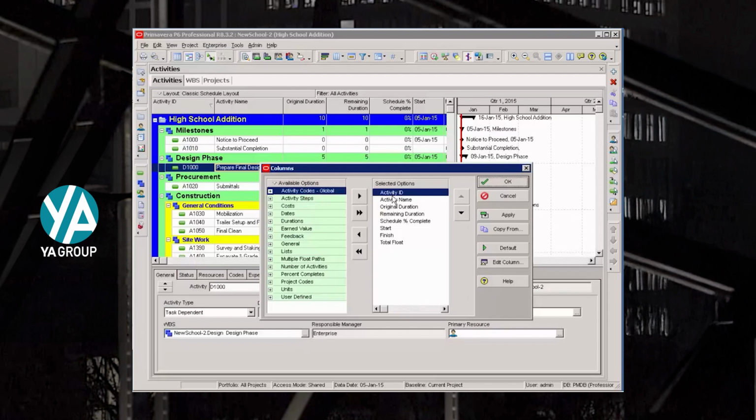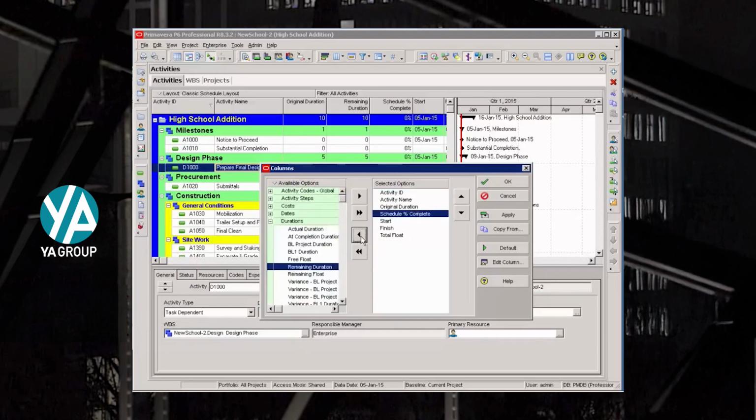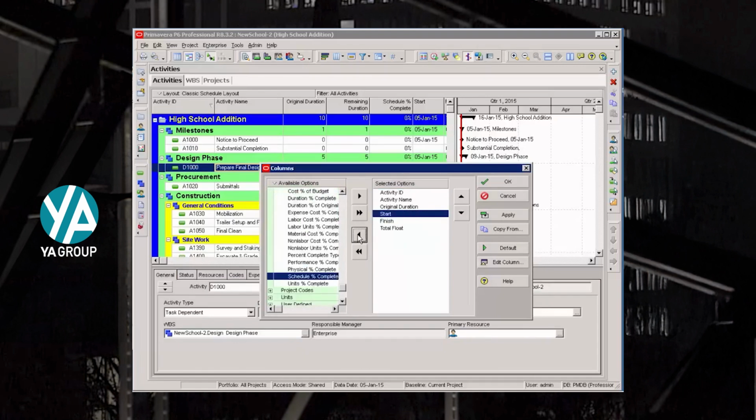I really don't need remaining duration, so I'll move that out. I schedule complete. I'll move out so that I have my ID, activity name, original duration, start, finish, and total float. Select Apply. And when you look at the top, you'll see the columns have adjusted to the ones that I've